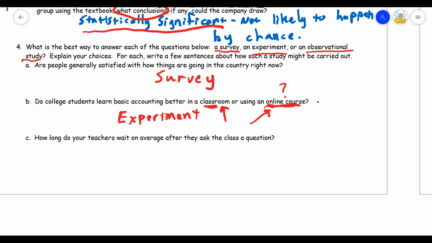So to answer the question of whether people learn better in the classroom, we would not want to leave that decision up to somebody else to pick one of those. So we want to set up an experiment where we have 20 students. We're going to randomly assign one group to a classroom situation and one group to the online course. And I also might suggest that you might want to control for something like the teacher or the professor. Have the same teacher teach both of these, right?